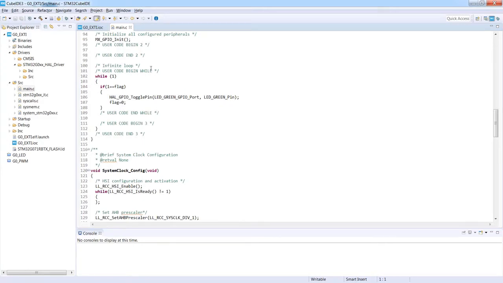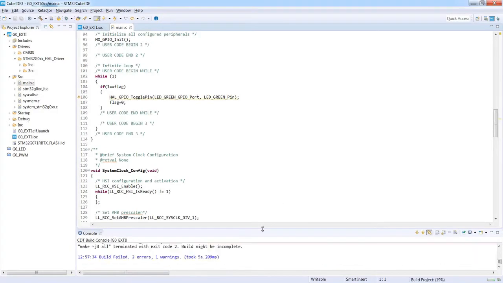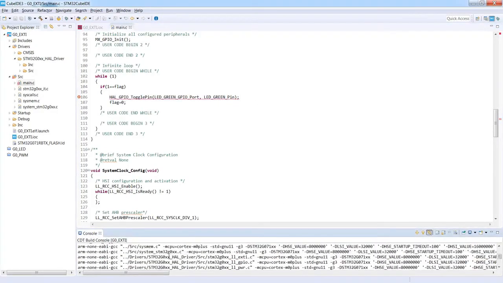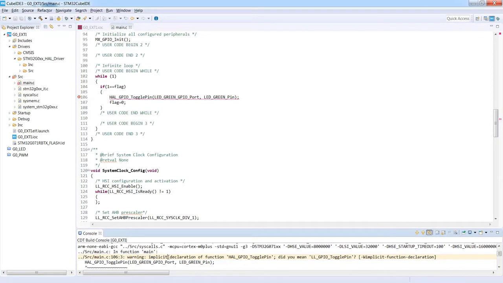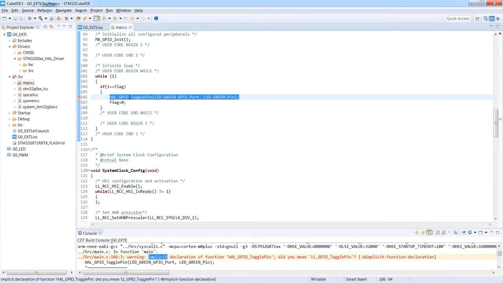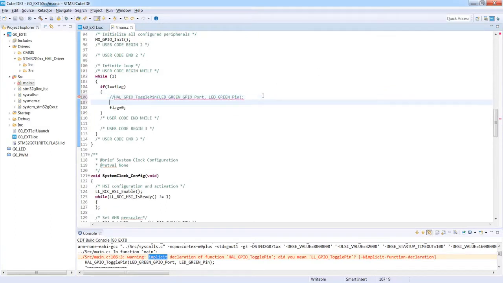If I try now to compile the code using the hammer, I can see two errors. If I inspect it, I can see that the HAL function is not recognizable because we switched the library from HAL to low layer. I will comment it out, and then I will try to find a similar function within the low layer library.